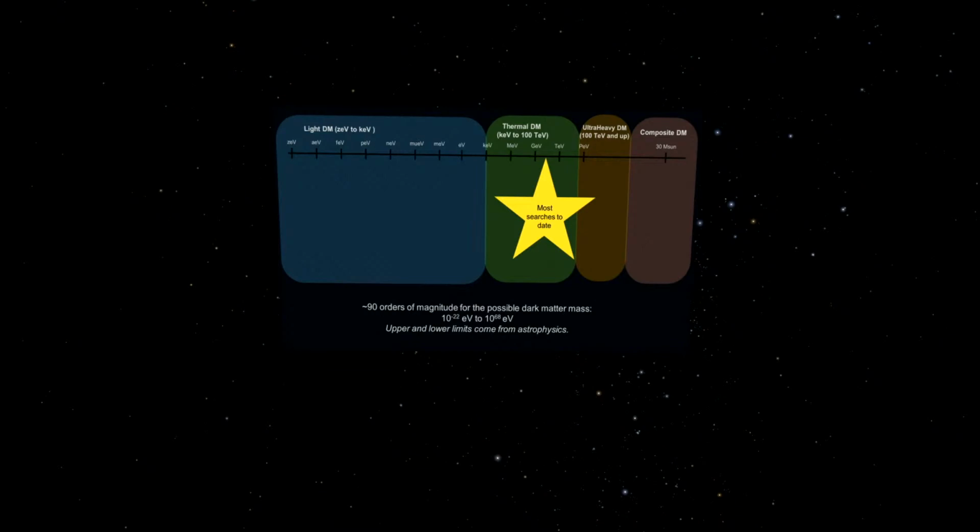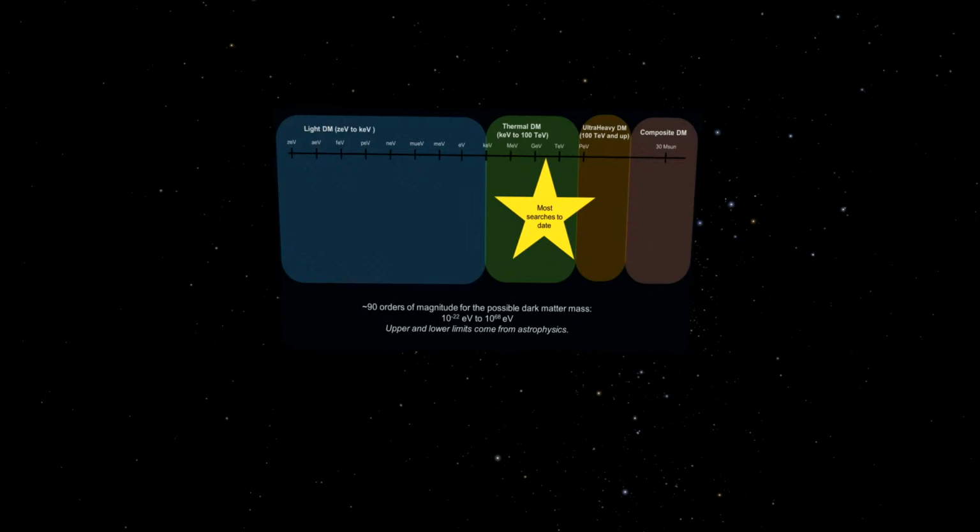I don't know the mass of the dark matter particle by 90 orders of magnitude. So it could be as massive as 30 times the mass of the sun, or it could be a billion trillion, I think, times smaller than the mass of an electron. Okay, so it's about 90 orders of magnitude that dark matter could be. Actually, we do know that it's not smaller or larger than those, and those limits come from different kinds of